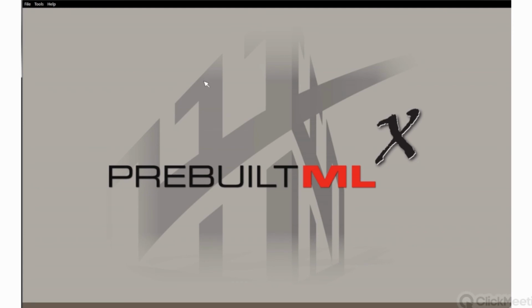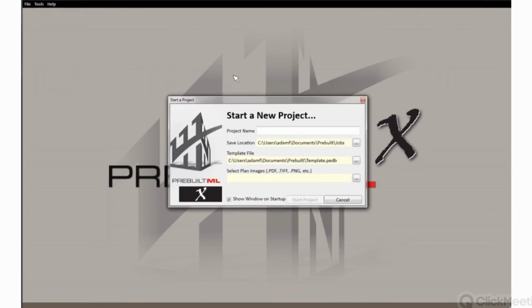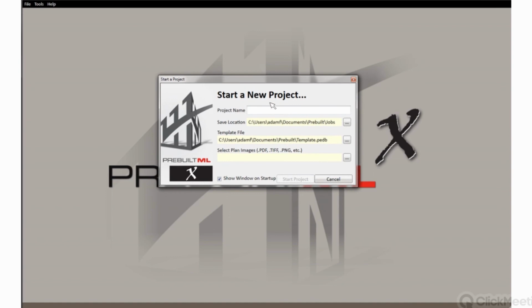But for those who want to try something new or maybe find that other way a little bit confusing, we've introduced a new method. So if you double click on the software, what you'll find is you're going to open to this Start a Project window. I'm going to open that Start Project window, and you'll see this. So what you can do if you're ready to start a new job is just give your project a name. So let's call this